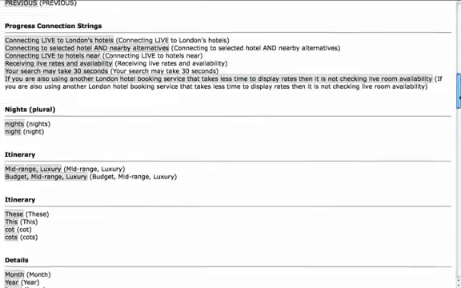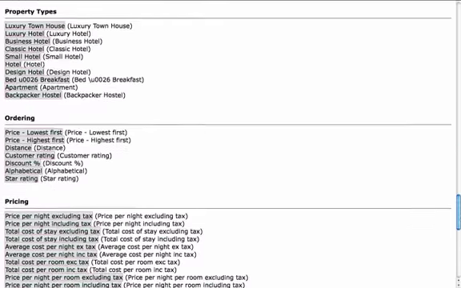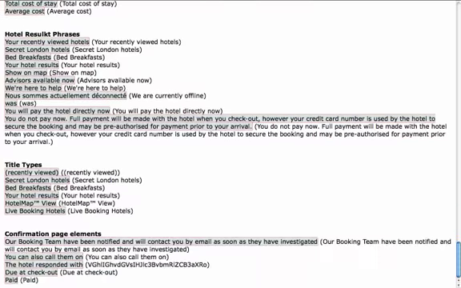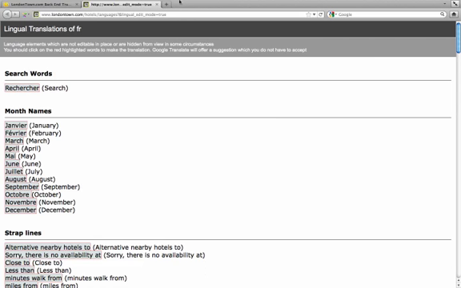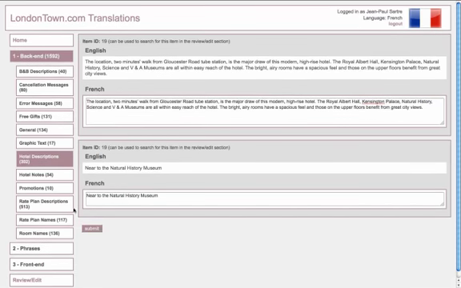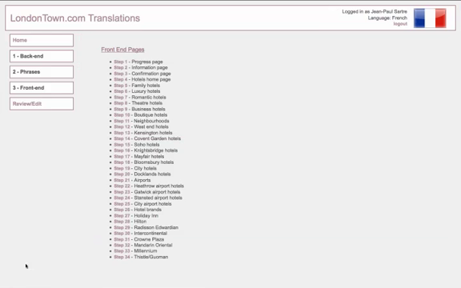If you scroll down the page, you'll see there's just a few hundred words in the phrases section that need to be translated in this way. Having completed the phrases section, you can then move on to the front end. And this is, although one of the smaller sections, just 4,000 words, it is also one of the most complicated. So if we start,